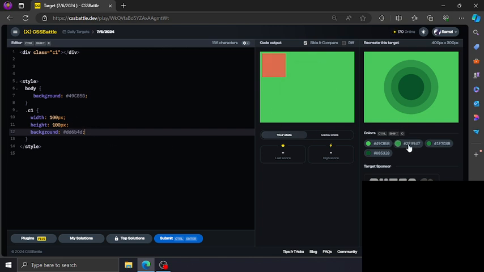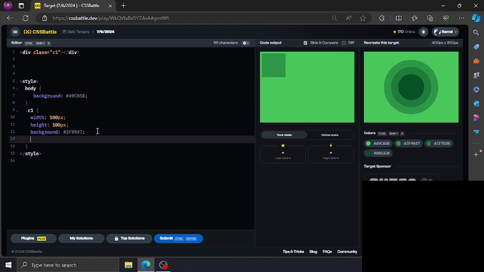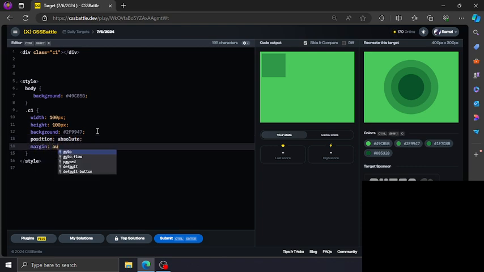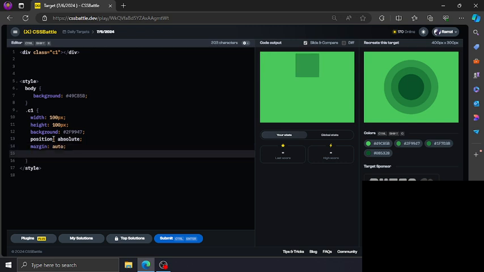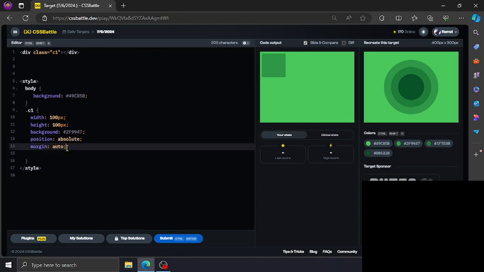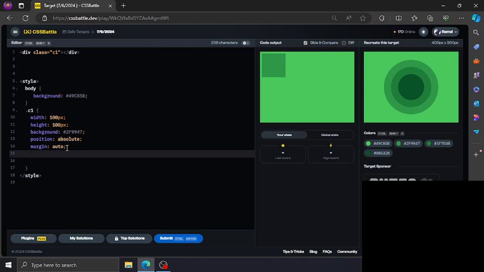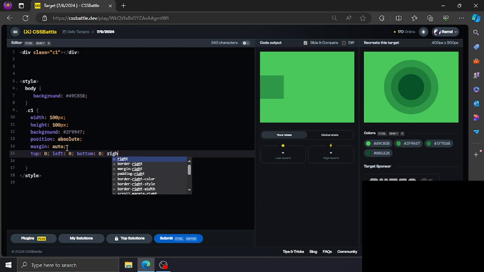So next off, we need to change the background color of this circle. So like that. And then put this in the middle. Position absolute, margin auto, and the position. This is colon, not the same colon. And then after the position and the margin, the sides. So all the sides, put them a value of 0: bottom 0, top, right 0.